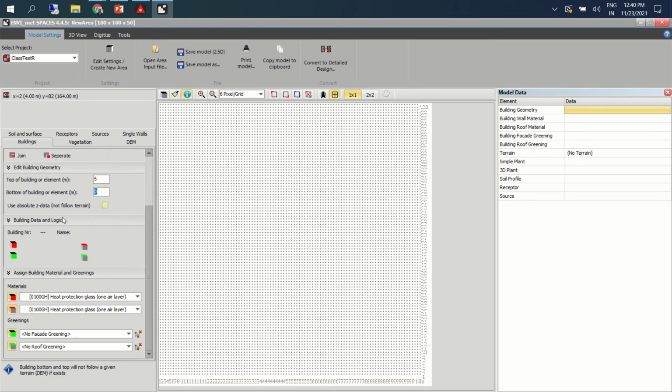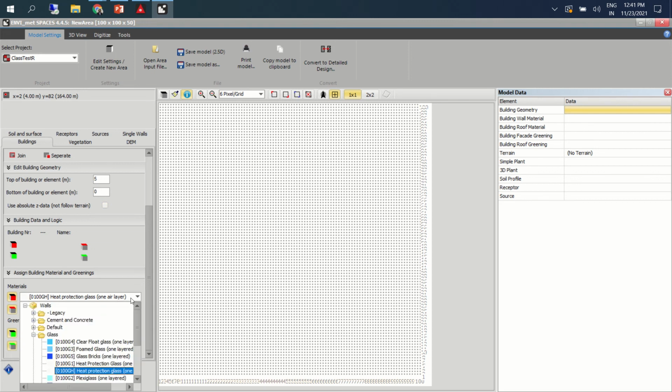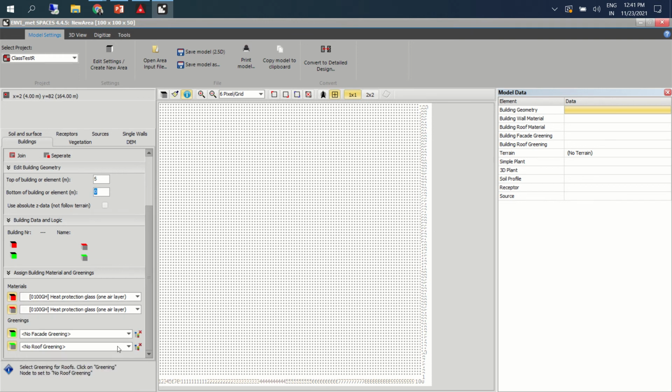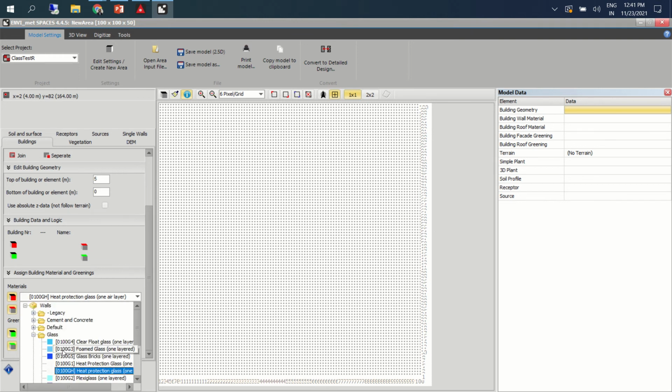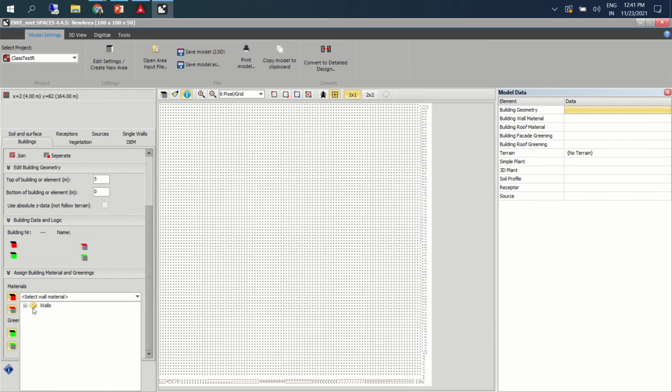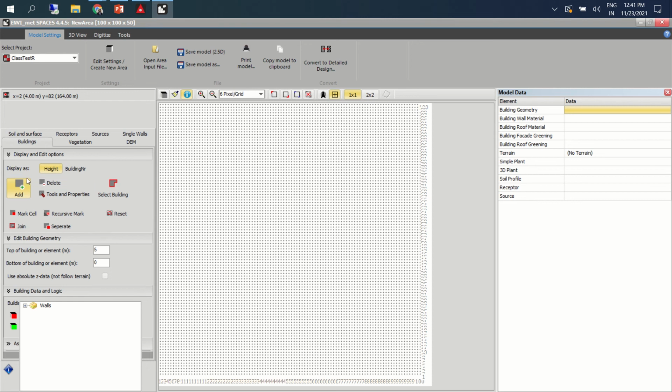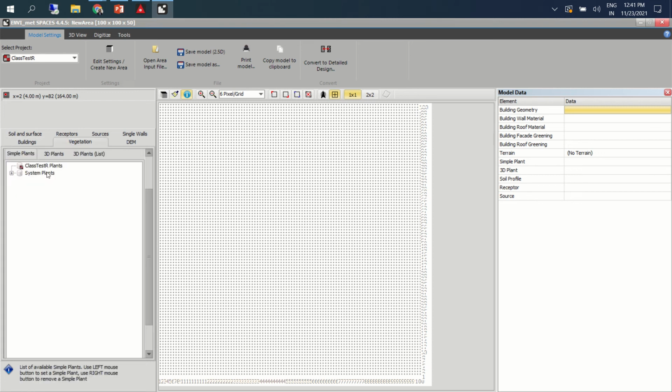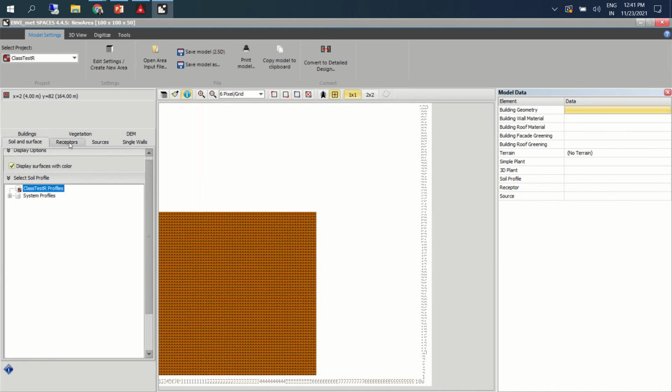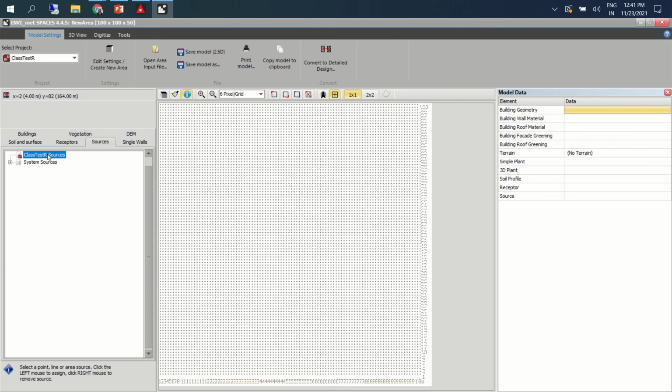We have to also assign materials. For example, let's say material here, you click on this layer, and if you see, there are certain materials listed here. What is the kind of finish that we are looking for? We have to assign the materials, and this is on the building. For vegetation as well, first we have to assign what is the kind of vegetation that we have, and so on and so forth. Okay, and soil. These three things we will use